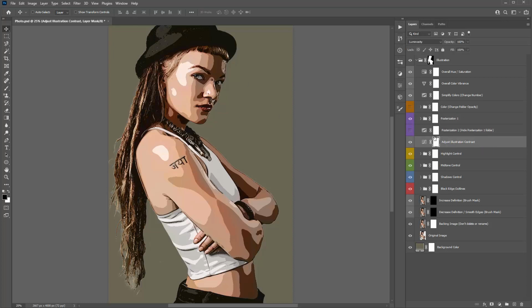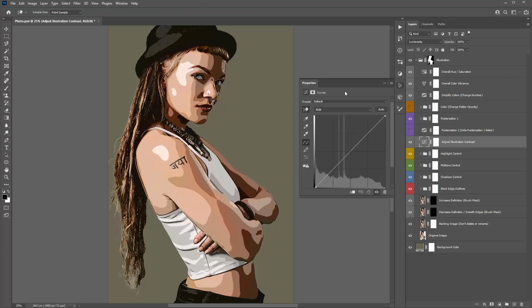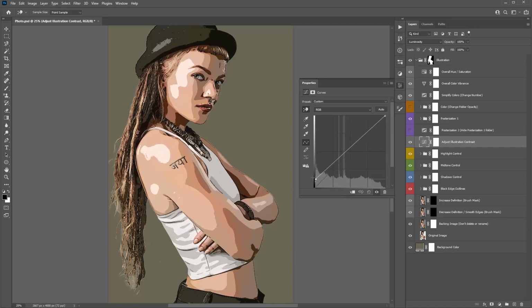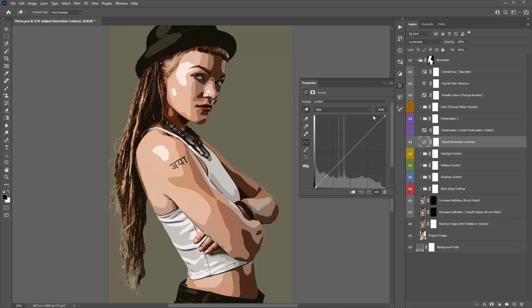Okay, so moving on down here, we have adjust illustration contrast. So this is just a simple curves adjustment layer. So for anyone that's new to Photoshop, the way this works is simply you have your shadows down here, and up the top here are the highlights. So if you want to say brighten up the shadows, you can grab this handle and bring this up. You can see that that's brighten up the shadows, or if you want to dull down the highlights, you can